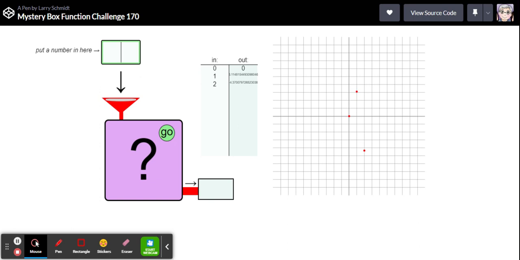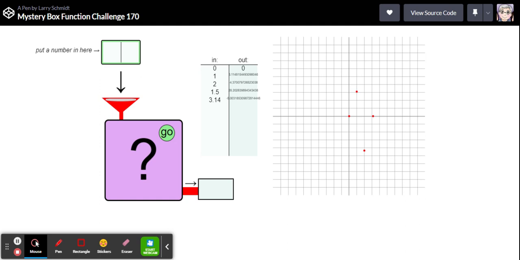Let's put in a pi over 2. So an approximation for that would be 1.5. Oh, and that's very big, off the graph. I see. Let's try an approximation for pi. And there we're pretty much back to 0 again. Okay. Hmm. So this is actually making me think that this might be tangent, because at pi over 2, actually